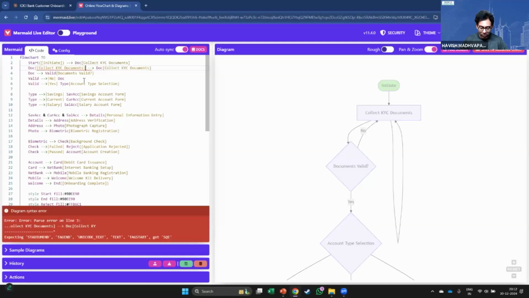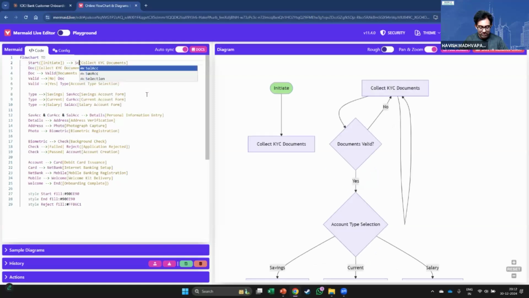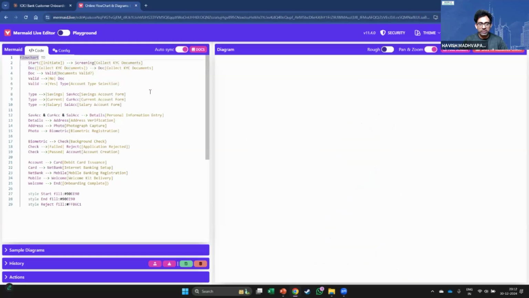And with a little bit of formatting, in the previous one, we can just say this is the screening, and I'll call it the screening process, right? And let's keep the screening here as well.